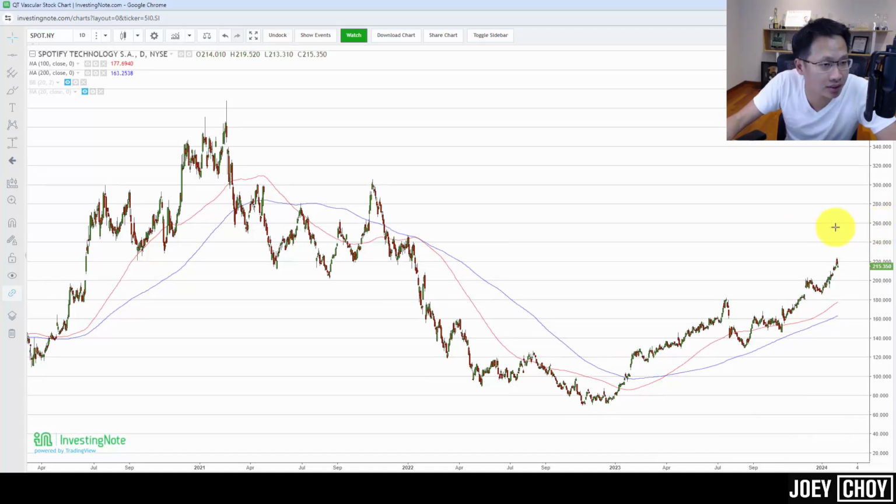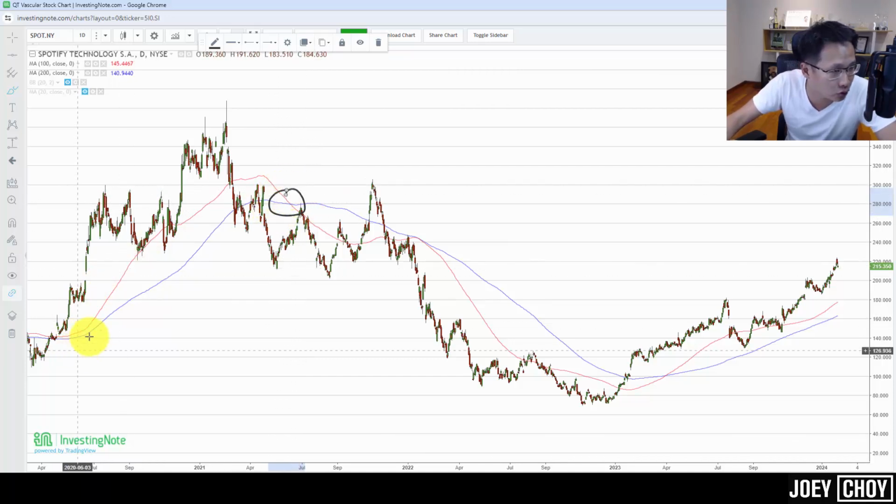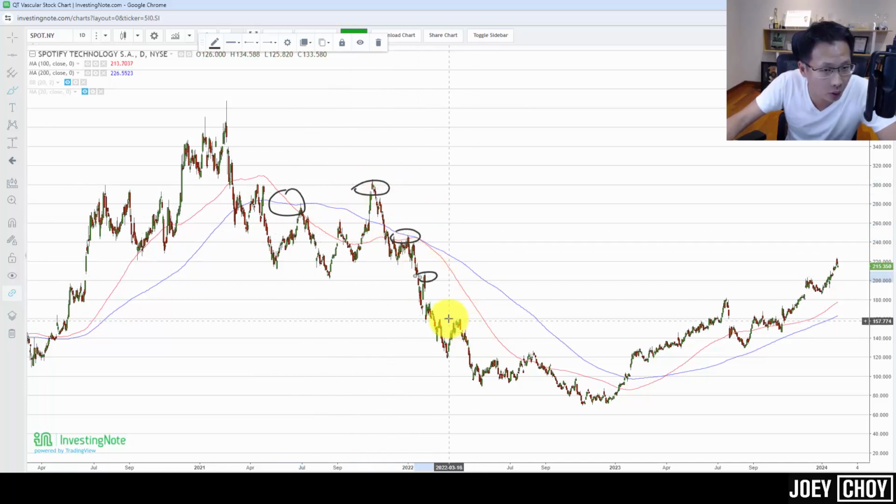All right, you can see that I've put out the same two lines, right? The 100 days moving average, the red line, and the blue line, the 200 days moving average. So this is Spot. You can see that right over here since 2021, we got some signs of the downtrend forming. It was a very strong uptrend. We saw the 100 days red line crossing down below the blue line, and both of these lines started to point down. You can see right over here, we started forming what we call lower highs,